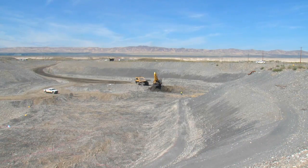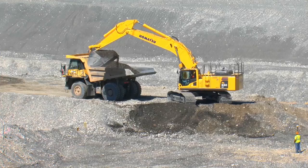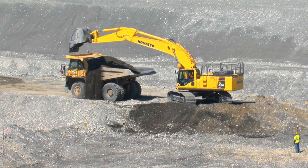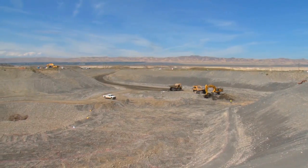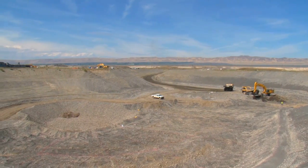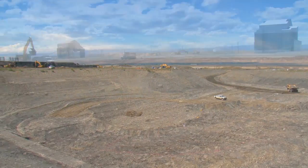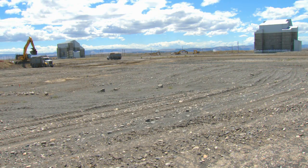Workers at the Department of Energy's Hanford site recently took a giant step forward as they removed the largest source of chromium contamination near the Columbia River at the Hanford site. Since December 2012, DOE contractor Washington Closure Hanford has removed 500,000 tons of contaminated soil from waste sites near the D and DR reactors. Finding this source of contamination is actually saving us years and years of treating the groundwater